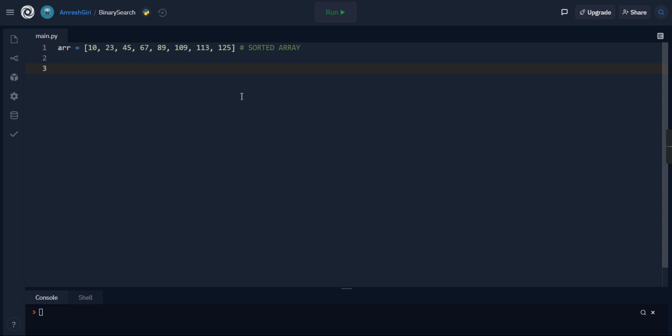So for example, if you want to search for some element k equal to, suppose, 67, we will have to iterate through all the elements. We will have to check in a for loop whether the element that we are searching for is the element that is present, right? So we will have to check each and every element, and then we'll finally know whether our element exists, and if it exists, at what place it exists, right?